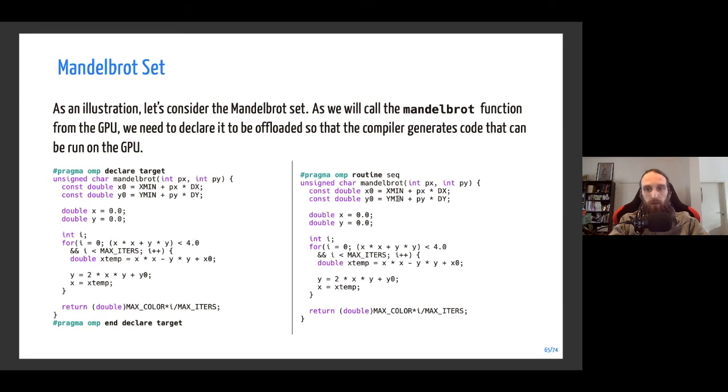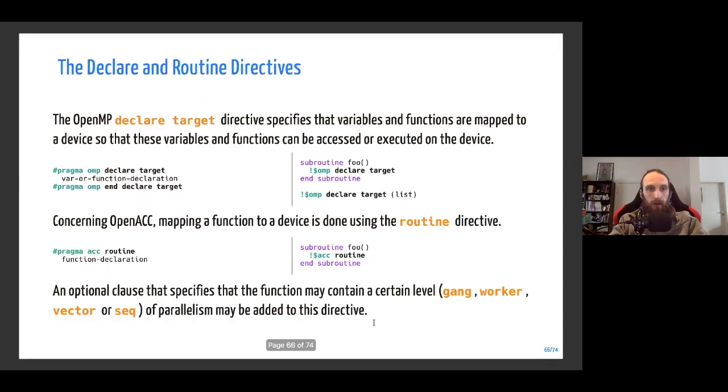With OpenACC, we specify it by saying that this is a routine. So there is not OpenMP, but ACC. I did a bad copy paste there. So you say to the OpenACC compiler that this is a function that should be able to run on the GPU, and that function will be called and should be run sequentially on the GPU, and there will be no additional parallelization to do on the GPU.